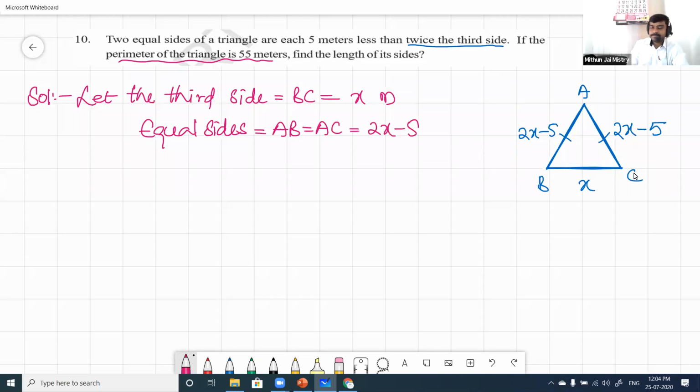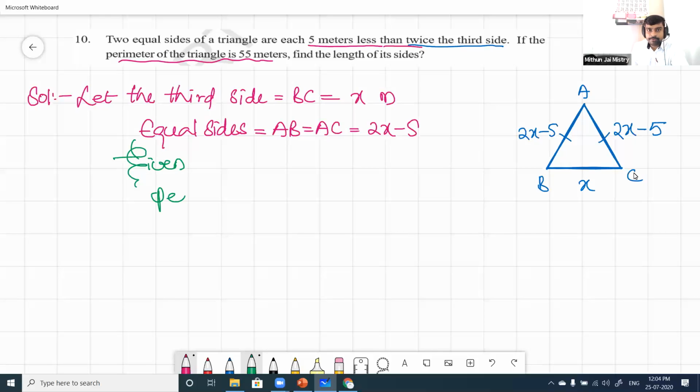How am I getting that? I am getting that from the condition given: each was 5 meters less than, so subtraction we did here, twice the third side, right? And now I will be writing given. What is given? Have a look. Given is